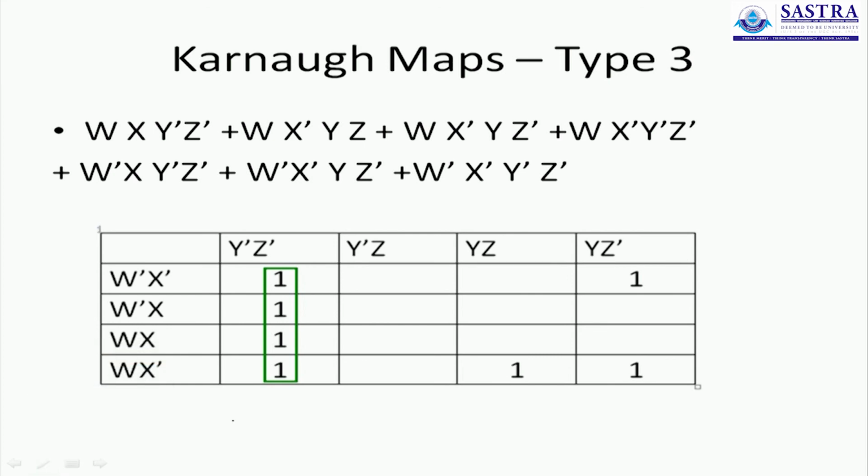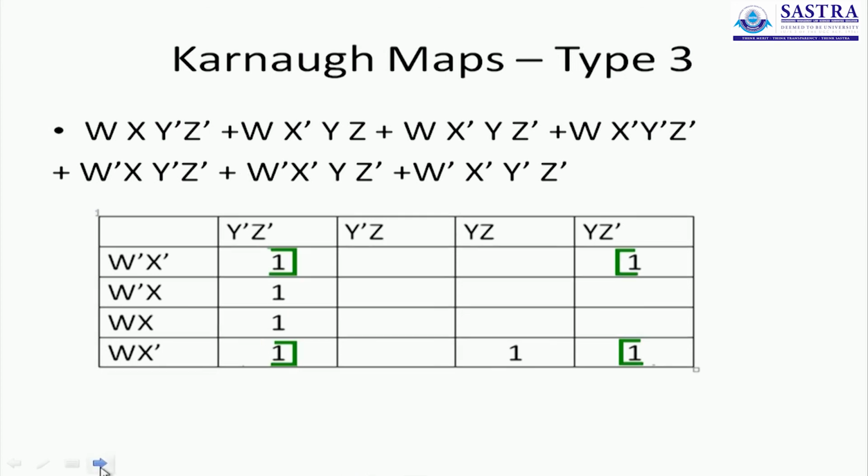So the efficient design of the reduction of this is these 4 loops. For these 4 ones together, which is an interesting combination, I'll have only y bar and z, because when I list the terms down, I'll have w bar, x bar, y bar, z, w bar, x, y bar, z. So x can be deleted, and I also have w, y bar, z, which means w bar also can be deleted. Only what I can't remove is y bar z, so y bar z is one term.